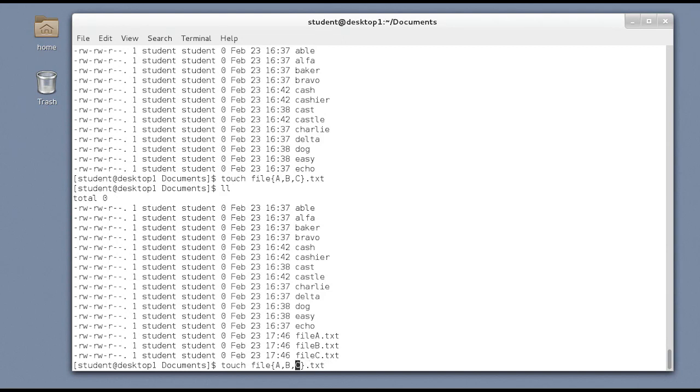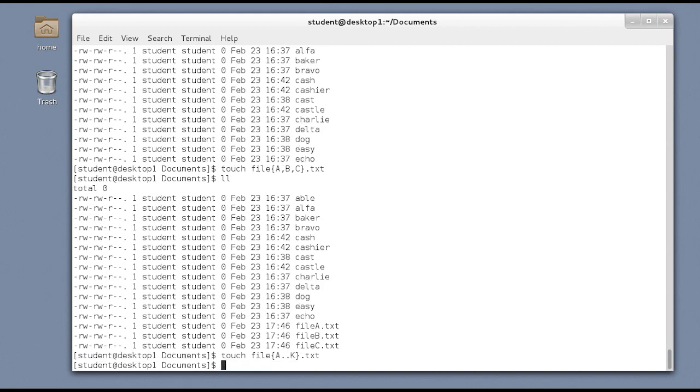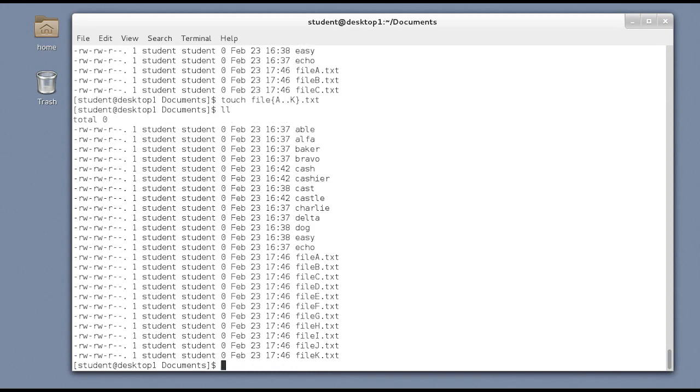For this one, just to show it being done, let's replace the ABC with a range that goes from A to J. Oh, A to K. So that's using range syntax inside of brace expansion.